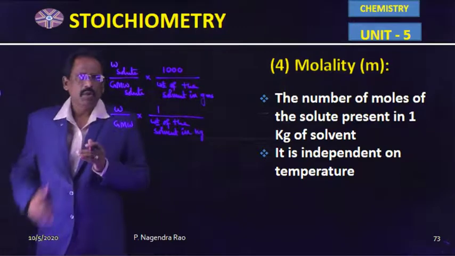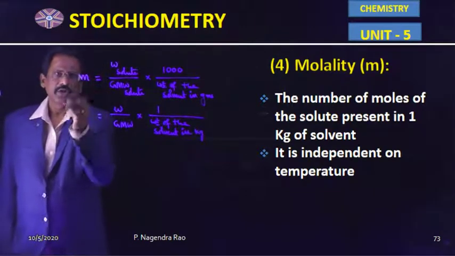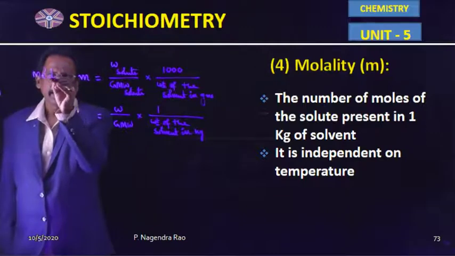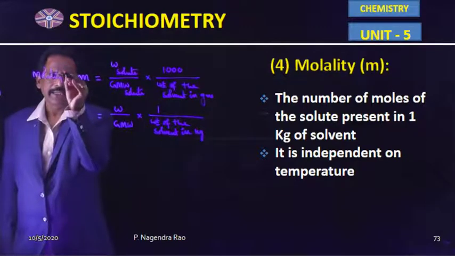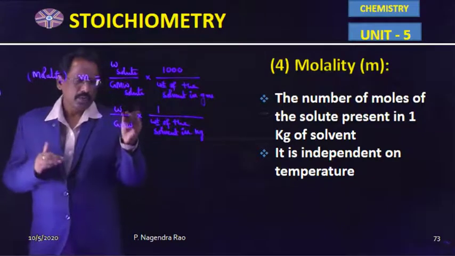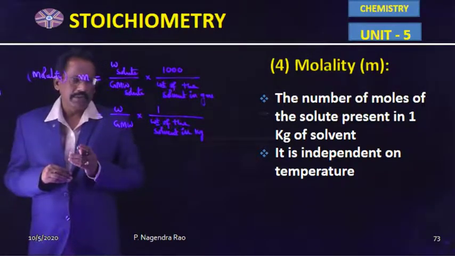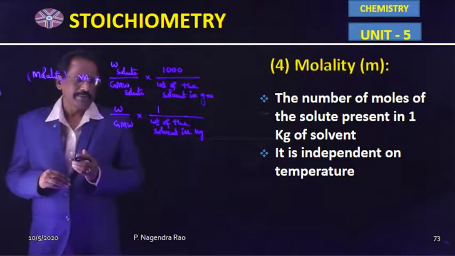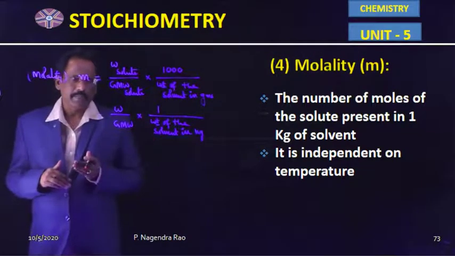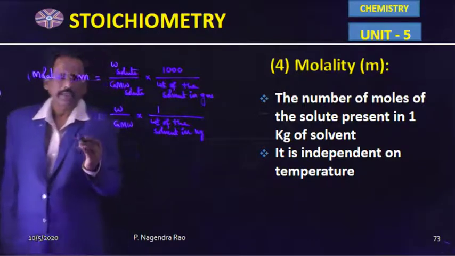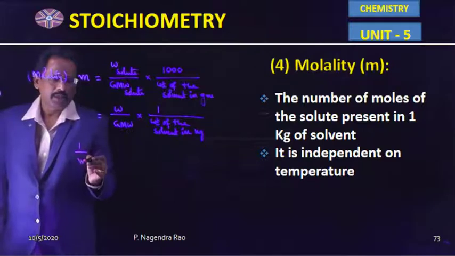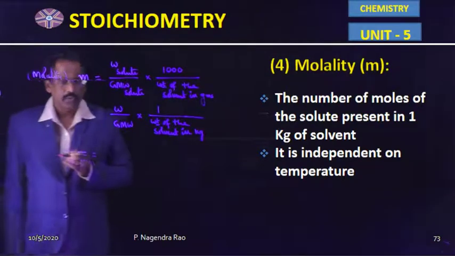So molality symbol is small m. Molality, L-A-L-I-T-Y. So the molality is equal to weight by gram molecular weight into 1 divided by weight of the solvent in kilograms. And another formula to calculate the molality is: the reciprocal of the molality, 1 by m, is equal to density of the solution in grams per ml